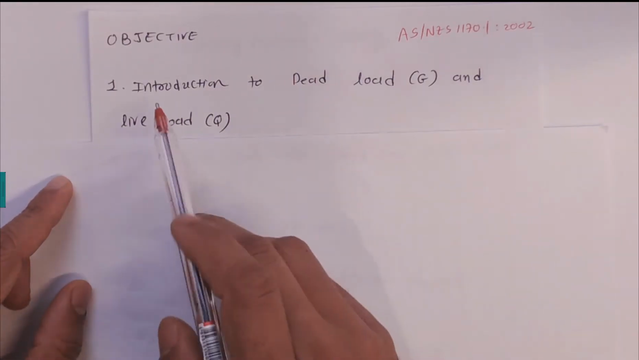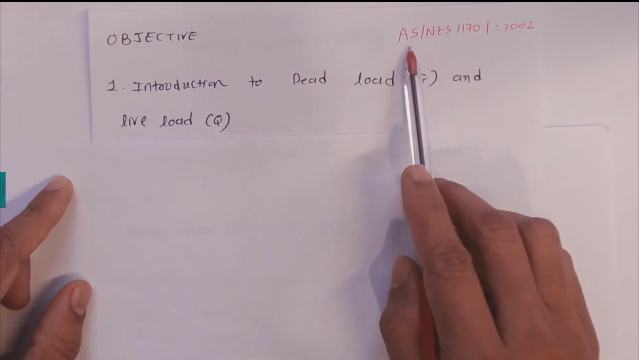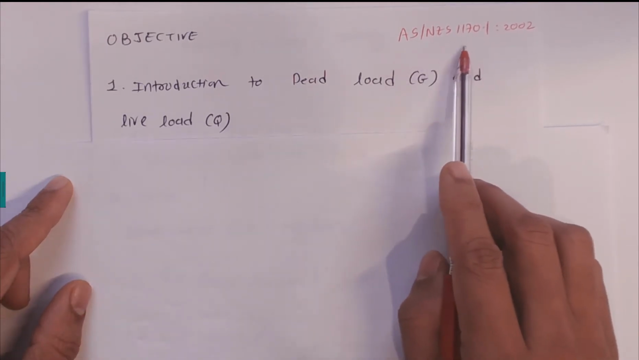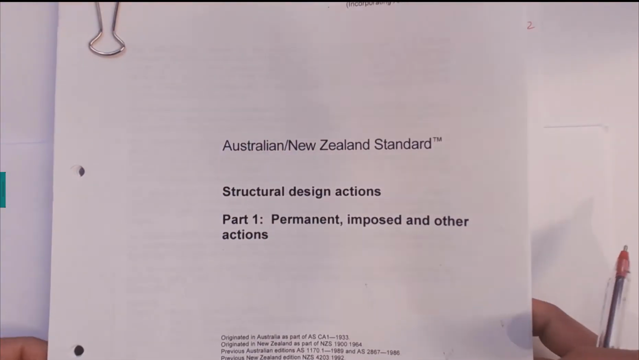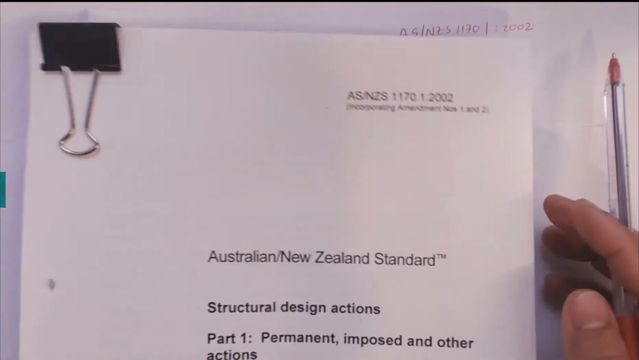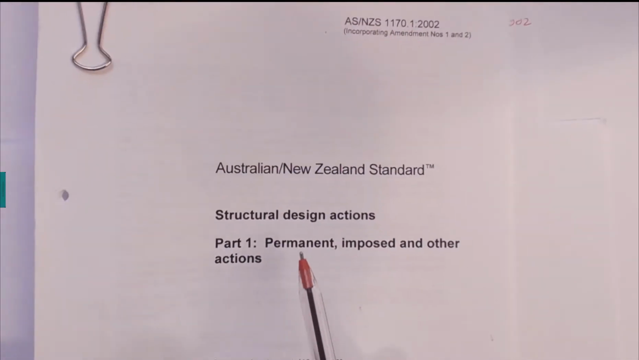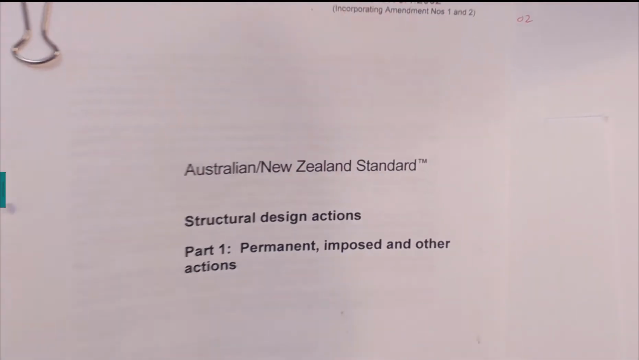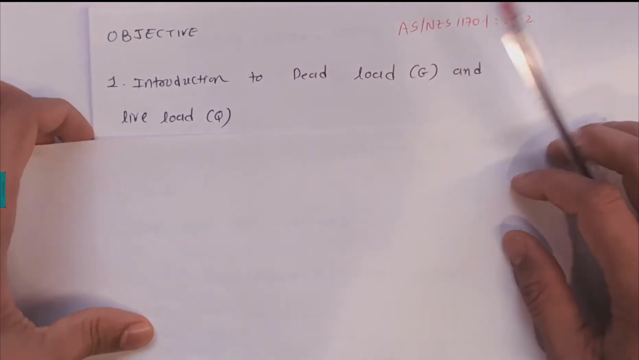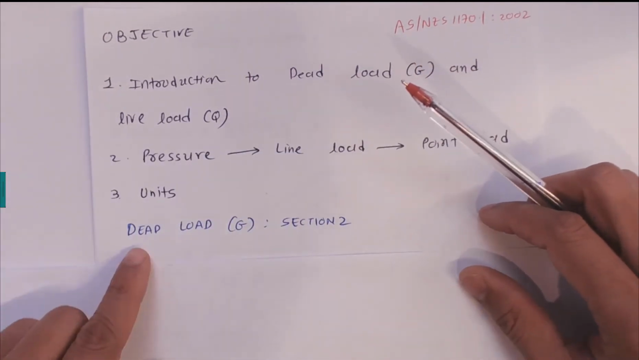The objective of this video is to introduce the dead load and the live load. The information is given in AS/NZS 1170.1:2002. So we are using the Australian standard AS/NZS 1170.1:2002 for structural design actions, permanent, imposed and other actions. Now the dead load is given in section 2 of